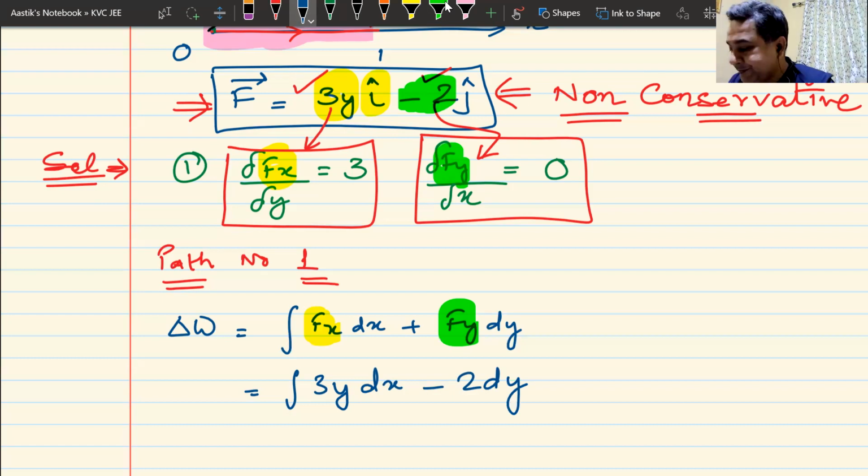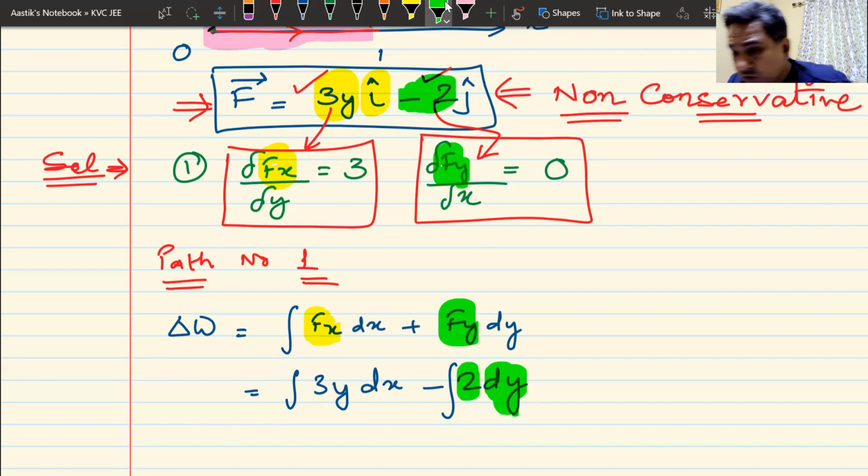Yes, sir. Okay. Now what I'll do is separate the two integrals. So I put the integral over here. I've separated the two integrals. We all understand this? Yes, sir. Okay. Now the problem is how to move ahead. Not a bigger problem because I have made the question pretty simple. Here it is minus 2 and it is dy, right?